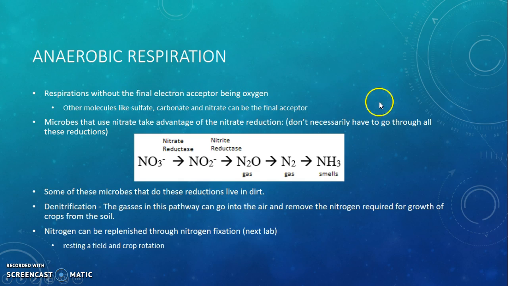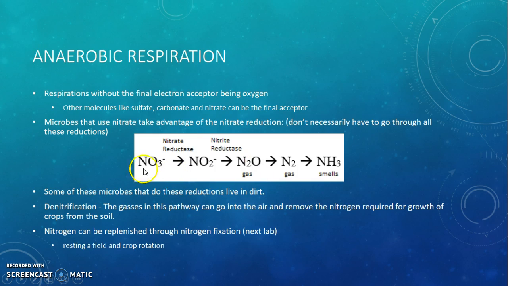So we talked about the electron transport chain, with the final electron acceptor being oxygen. Instead of being oxygen, this is just something else. So it's other molecules like sulfate, carbonate, nitrate, and there's a whole bunch of other ones. So there are microbes that take advantage of nitrate reduction. So right here, this is the nitrogen reduction pathway. This is the reduction steps of